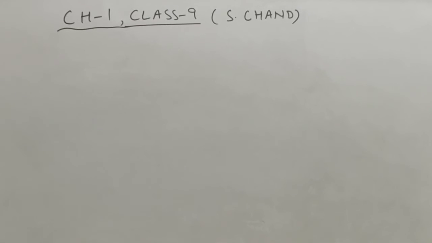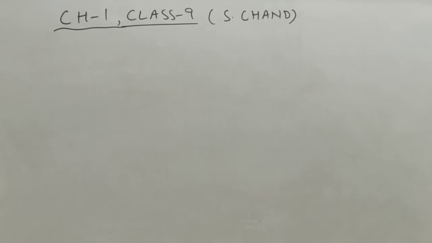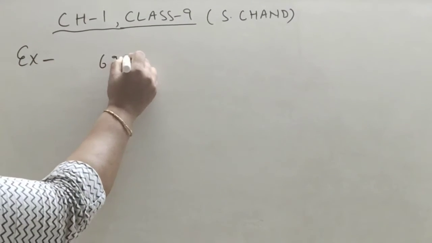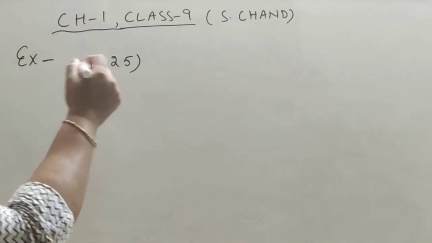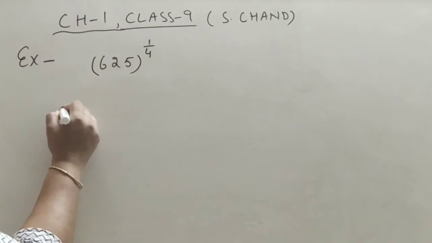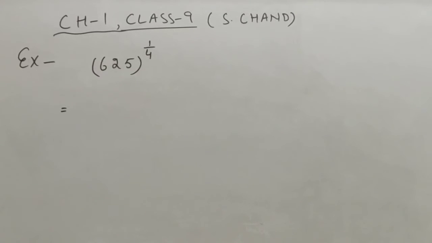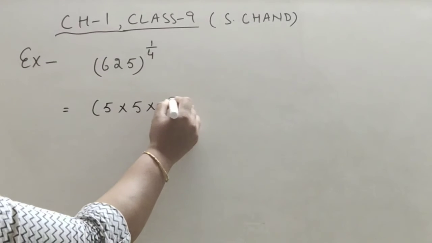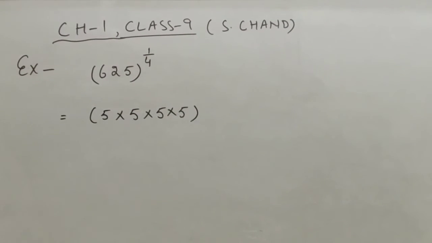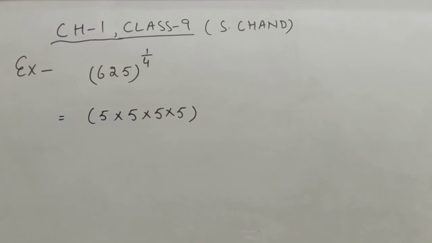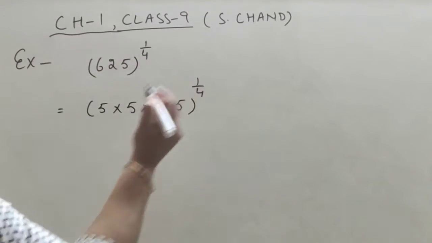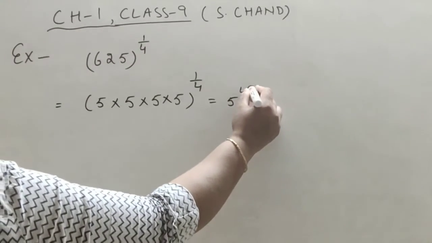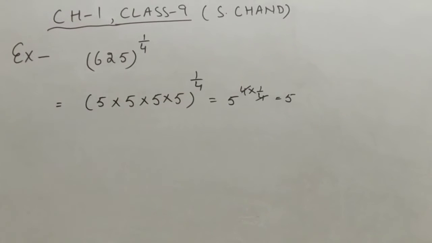Some other examples of radicals from the book. So examples are, these are the questions, find the value of. Okay, so how we will solve this type of questions? हमें क्या करना होता है? We have to do the prime factors of it. 5 into 5 into 5, because 25 into 25 is 625, so we can write it again in the prime factors 1 upon 4. Okay, so we can write it as 5 to the power 4 into 1 upon 4. 4 से 4 cancel out and the answer is 5.